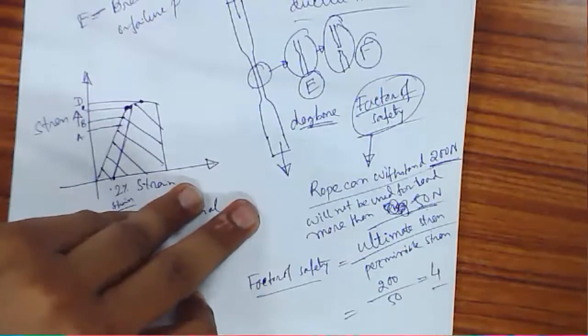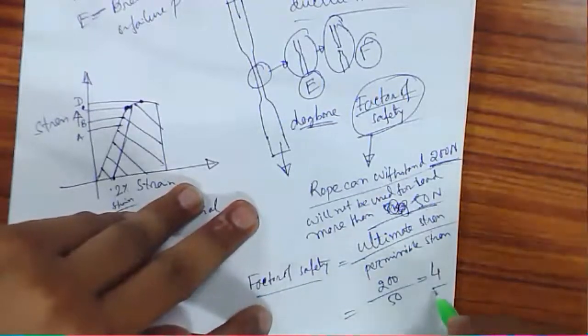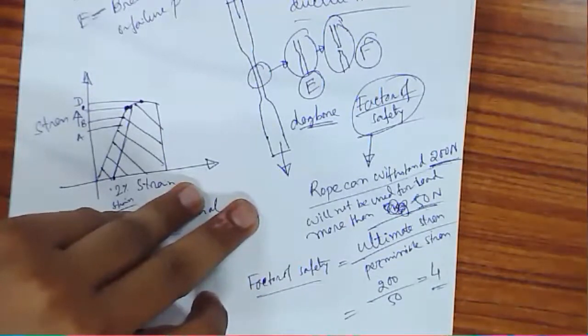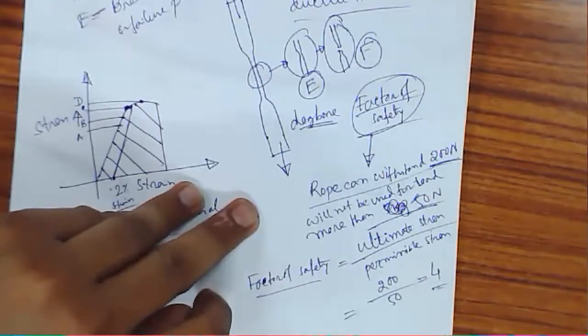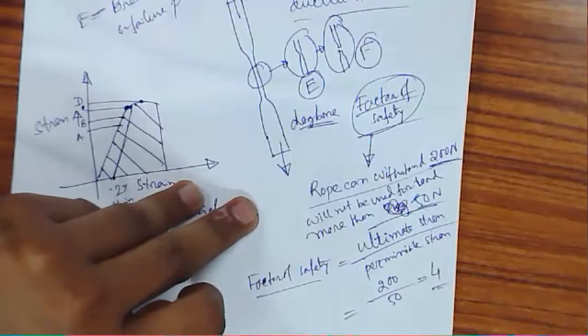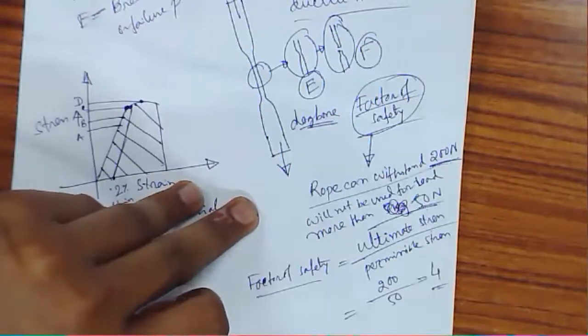In industries, at least a factor of safety of 4 is always taken. When they make bridges, overbridges, flyovers, they take a factor of safety of about 20. Because whenever the road is free, at any instant in that flyover, suppose there will be 20 cars. But if there is a jam, then in that flyover there will be 100 cars.